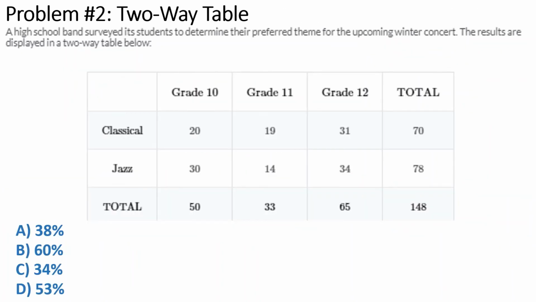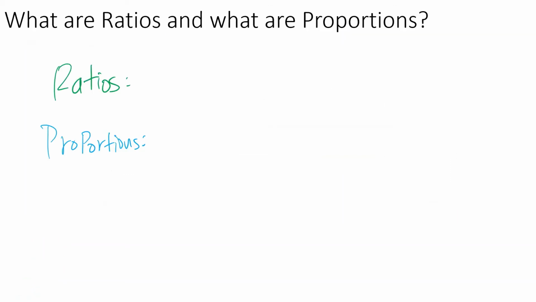Problem number 2, two-way table. A high school band surveyed its students to determine their preferred theme for the upcoming winter concert. The results are displayed in a two-way table below. What are ratios and what are proportions? Well, ratios are a comparison